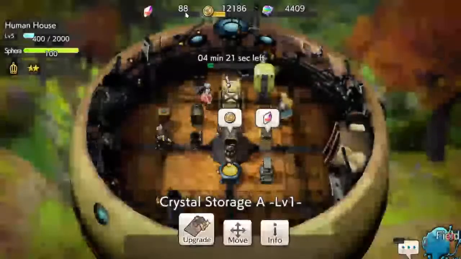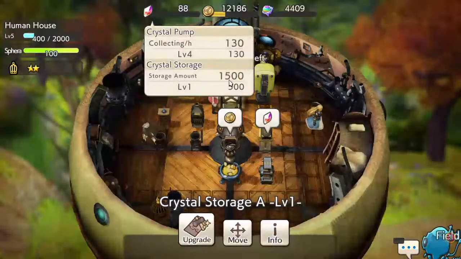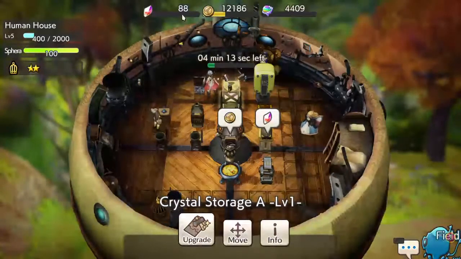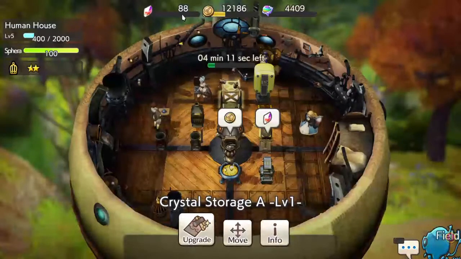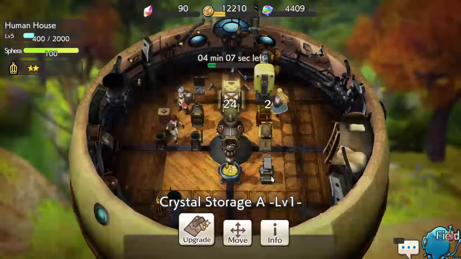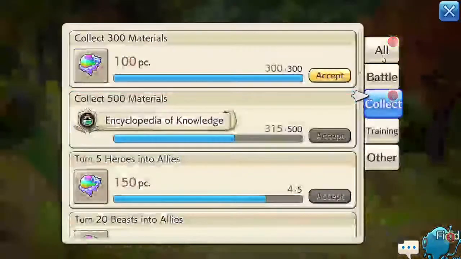Okay, wonderful. So now if I check here, we can see our crystal storage amount is up to 1,500. Earlier, when we first started today, it was capped at 1,000, and now we added an additional 500 on top of that. Very, very cool. So things are looking good. So let's collect